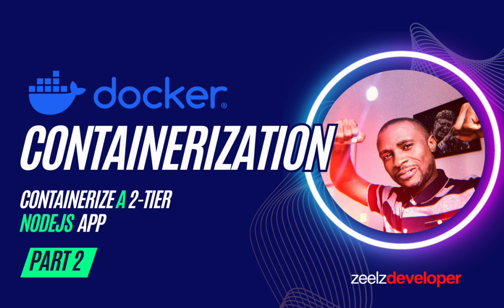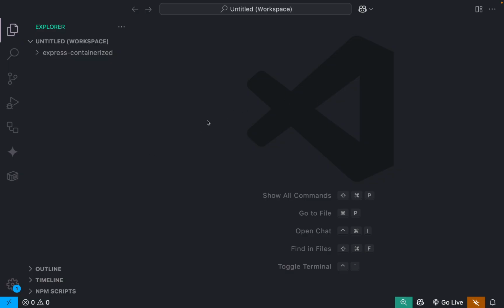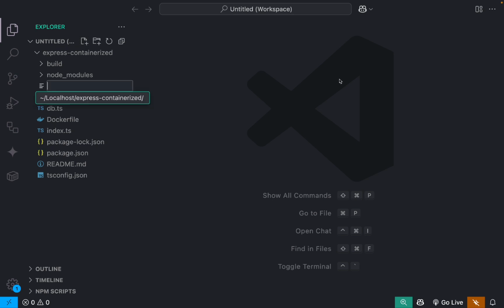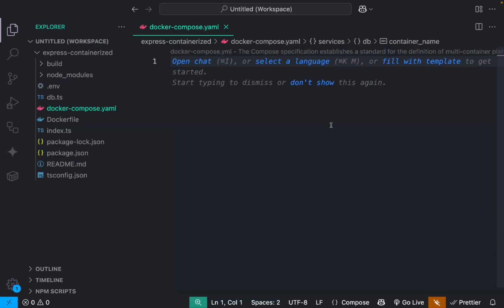So let's get started. I've opened the project directory here, right? Look at the files here. Remember, this is where we stopped the last time. So we're going to quickly create a Docker compose file, right? So we say docker-compose.yml, and then